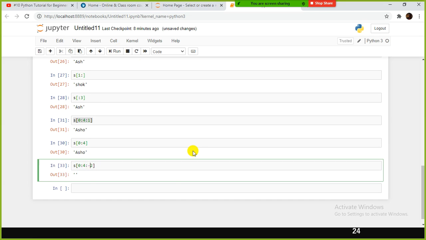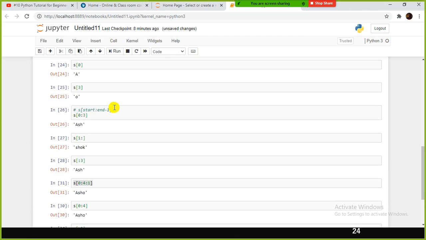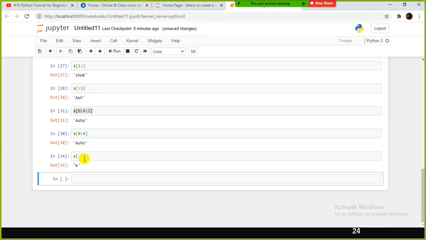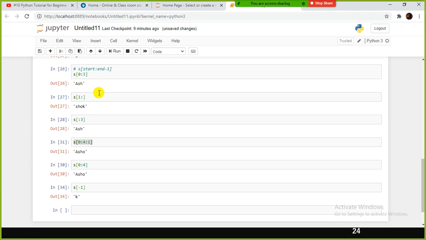Okay, sorry, not this one. One second. We will start with -1. Let's go step by step. If I specify 1 here, it will start from here. And -1, what will happen? It will start when you come from right to left. So this is the one in the -1 position.